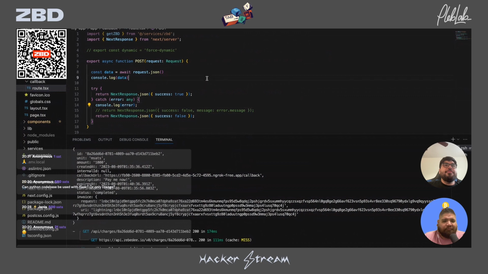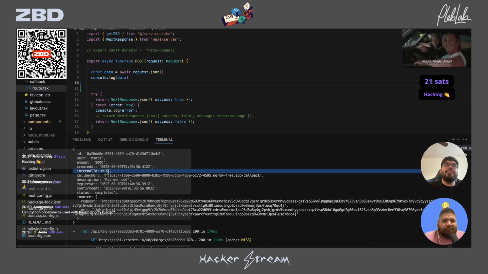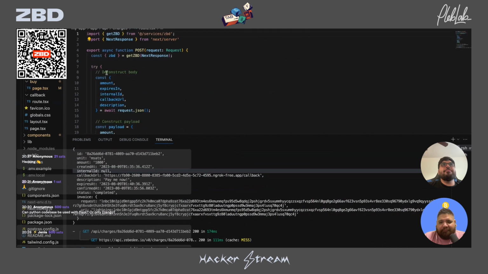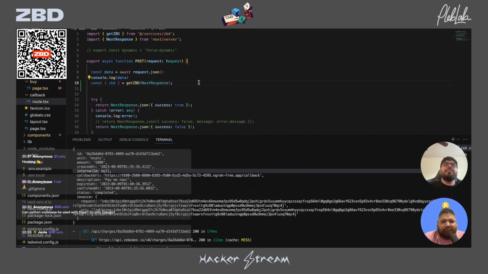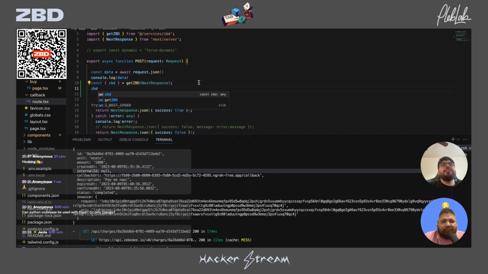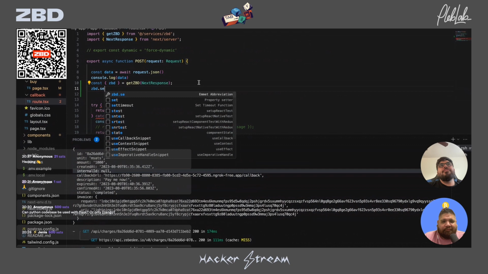And from there, when we get the charge payment next time, we'll see in the internal ID property the lightning address, your lightning address. So then let's get back the ZBD object. I'm just going to use some code that I've already written. So we'll get ZBD, and then from there we'll get ZBD dot send